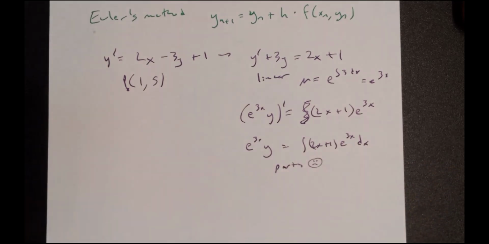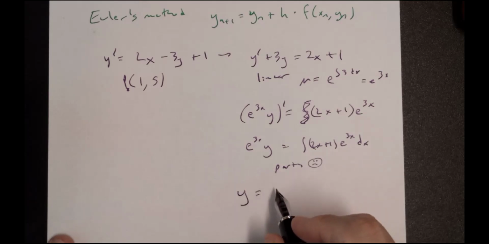I know how to do this. I am going to make the amazing claim that you do too. You could separate that and do the 2x e to the x part separately from the 1 e to the x. That way you still have to do integration by parts, or you can leave it combined and do integration by parts in one fell swoop if you want. It's up to you. But once you do that, you do the initial condition, you plug that in, you can actually get the appropriate